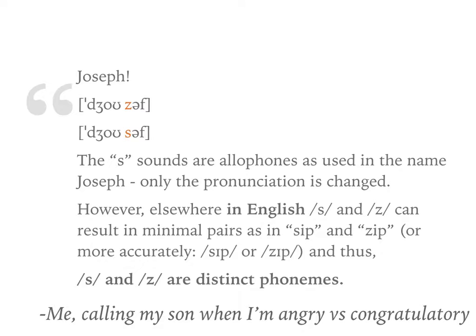And whether or not I emphasize Joseph, that S sound in his name can be described as an allophone because I may pronounce it with a greater emphasis in Z or S. But the meaning of the word does not change. Therefore, they are allophones. However, elsewhere in English, the S and Z sounds can result in minimal pairs, as in